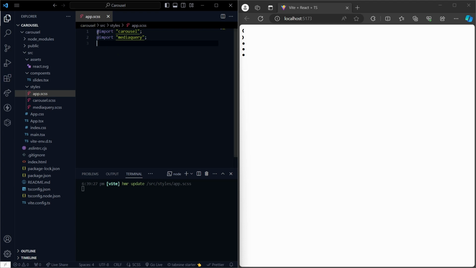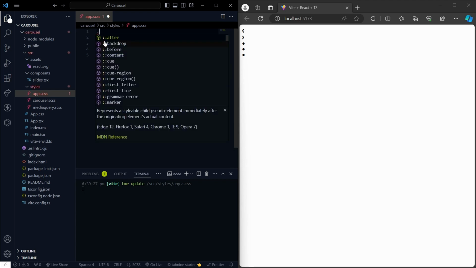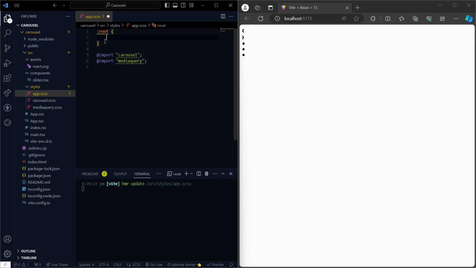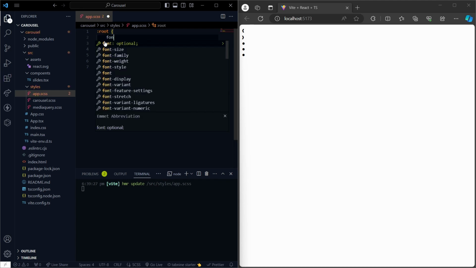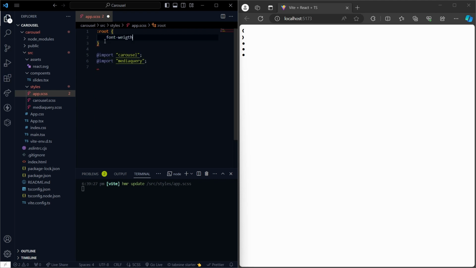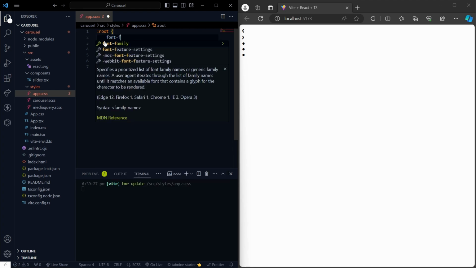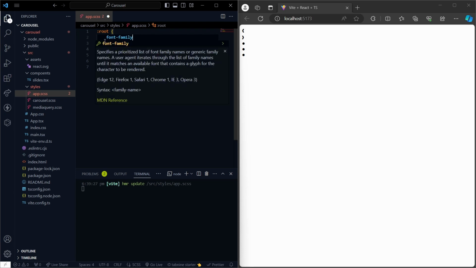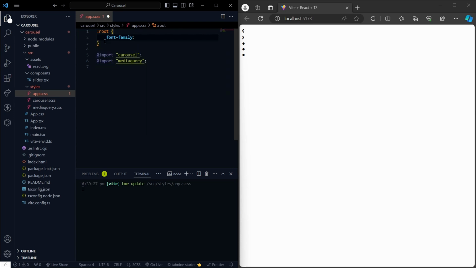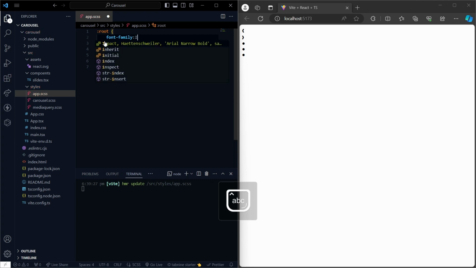So font weight, not font weight, sorry. First of all, we need a font family. So we will use the font family. Which font family? We will use Inter. But for this project it's not needed, but I don't like leaving it out, because we have to write something for the root, right? system-ui,